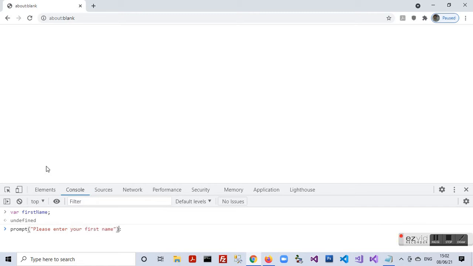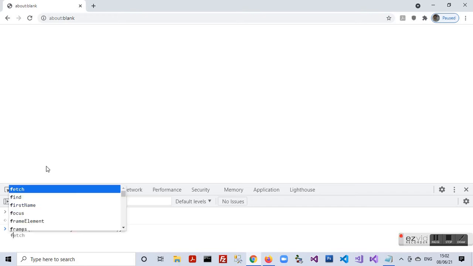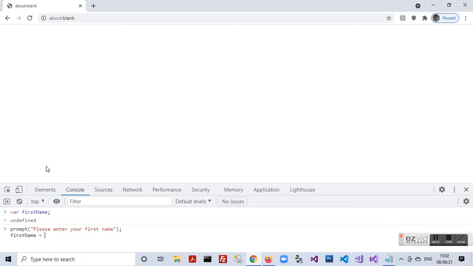So I am putting the value entered by the user in the variable firstName by giving this statement. Typing this statement, I press shift plus enter, and in the next line I type the statement document.write hello plus firstName.